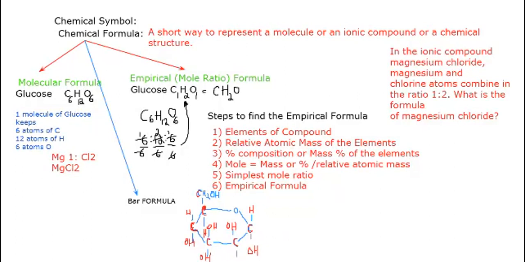Now these lines represent what? These lines represent the covalent bonding. What does it mean? It is clearly showing that this carbon has 4 single bonds: one is attached with hydrogen, second with hydroxyl, then the third one is this carbon and the fourth one is this oxygen. This oxygen has 2 single covalent bonds, one attached with this carbon, second with that carbon. Now this is called bar formula or line formula.